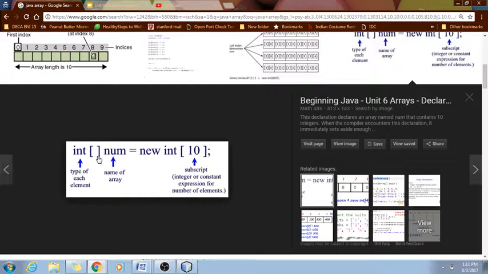So data type, brackets, and then the name of the array. So you can name it whatever you want. And then you're going to say equals new int, and then I'm going to put the brackets again, and you put the number of elements you'd like. So once again, you put the data type, brackets for the array, so it's basically an array of integers, and this is the name, is equal to a new array of integers, and you put the number of elements you'd like, 10, or you can put a variable that will be assigned a value once they enter how many toppings